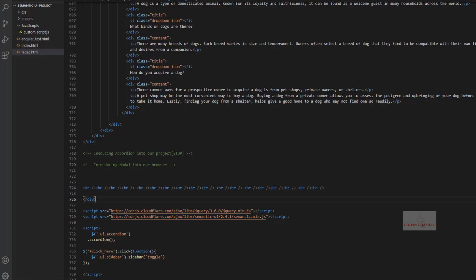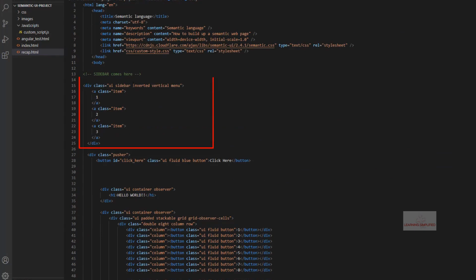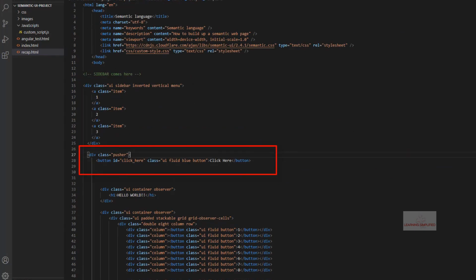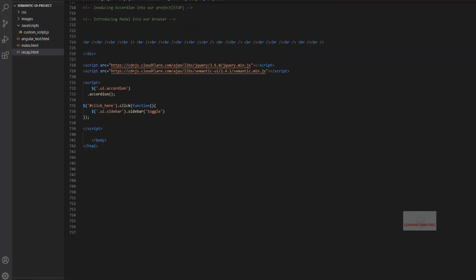All you have to do, first of all, you need to create the HTML markup over here. Next, you need a pusher class, and next you need to initialize the sidebar toggling action, mentioning what will happen to the page after you click this individual button which has an ID of click here, and you define the action to be performed after clicking that button.